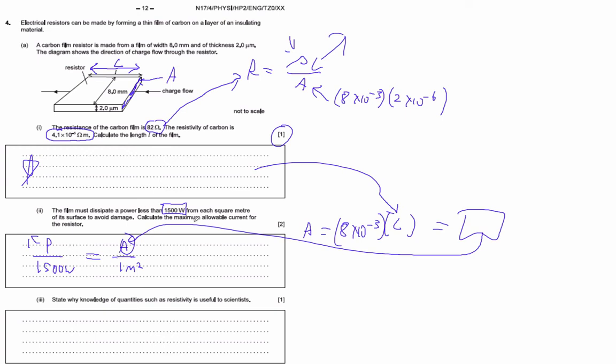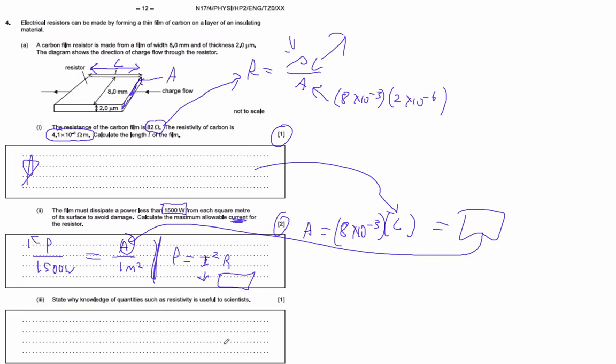But notice it says, what's the maximum allowable current? So the second step is, having found that power, use power is I squared R. We know that the resistance is 82, and you plug that in and get what the current is. And then you'll get both marks. I was hasty. I thought, oh, they want us to calculate the area, but they want you to calculate